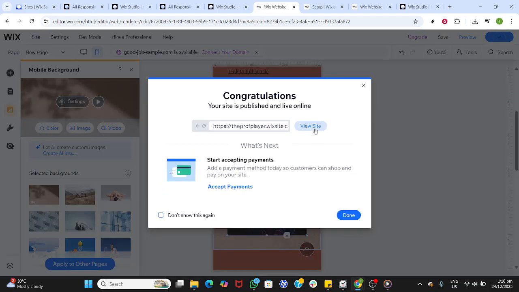After publishing, click View Site to see the live version. Then, resize your browser to double-check that your sections, media, and buttons adapt smoothly. That's it. Your Wix website now looks great on any